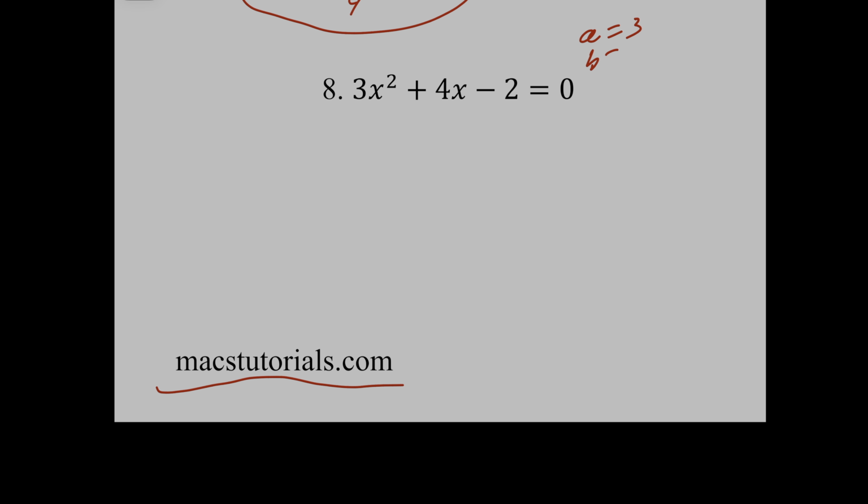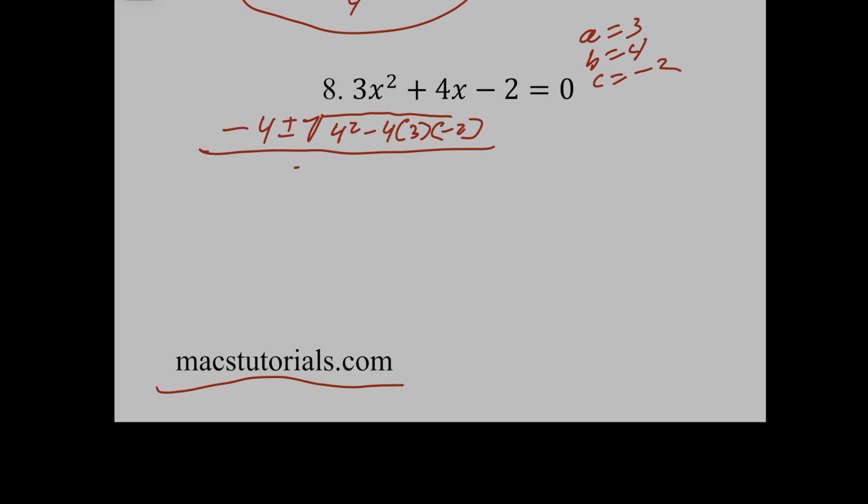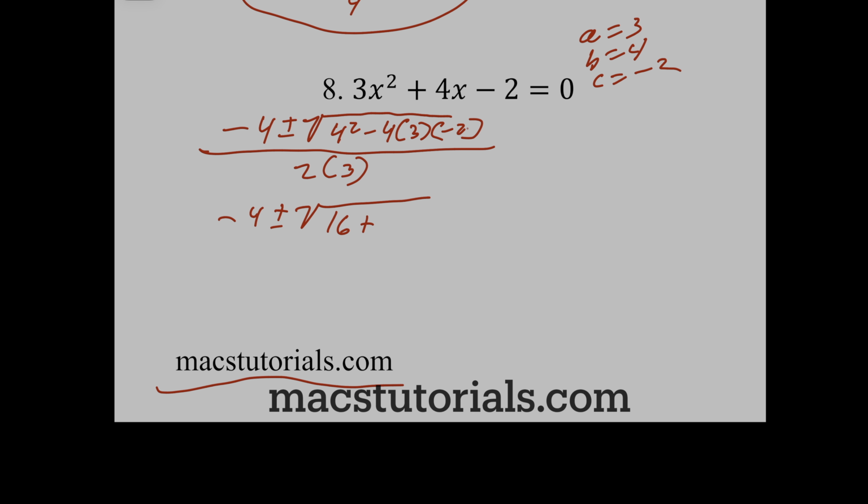A equals 3, B equals 4, C equals negative 2. Opposite of B, plus or minus the square root of B squared minus 4AC, all over 2A. Just plug it in, that's all we're doing. Negative 4 plus or minus the square root of 16 plus 4, because of the two negatives, 4 times 3 is 12 times 2 is 24, all over 6, which is negative 4 plus or minus the square root of